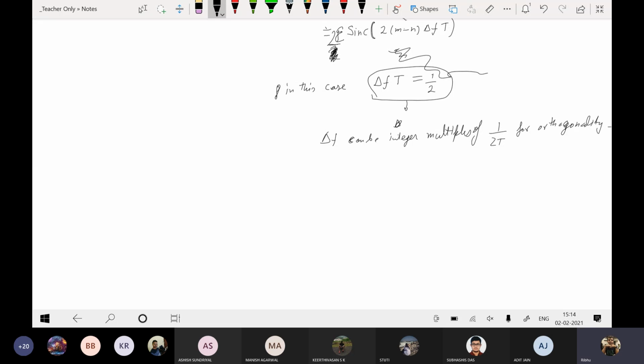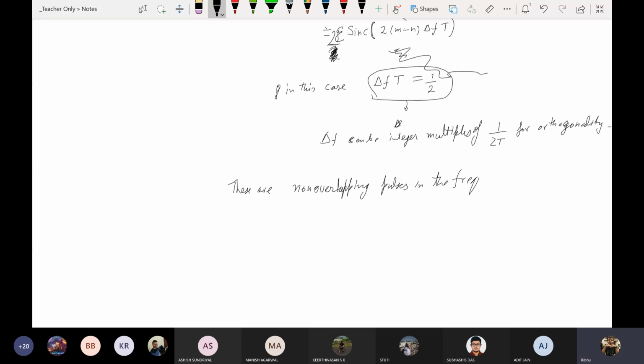So now basically what happens is that these pulses, or what you are getting in the frequency domain, is basically you are getting non-overlapping pulses in the